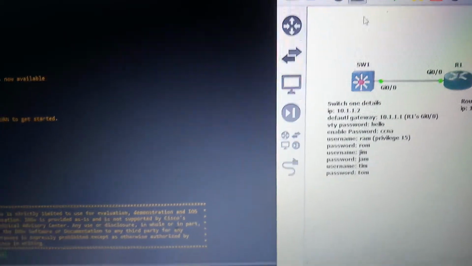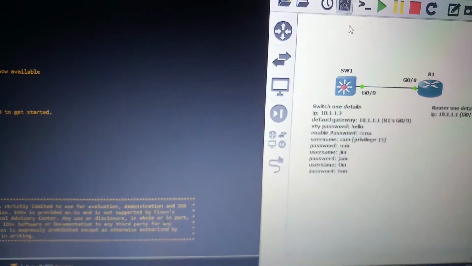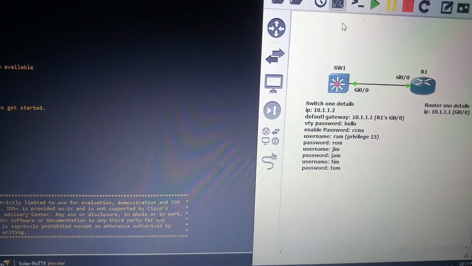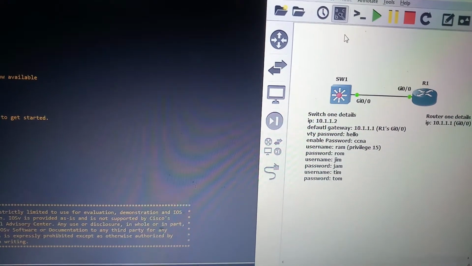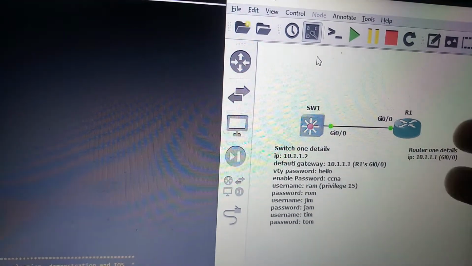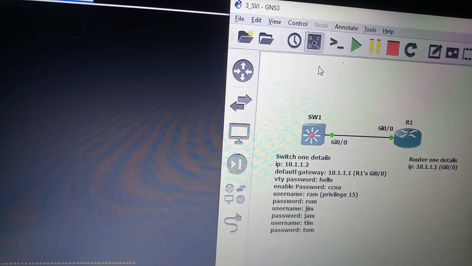Hello everyone. This is a quick update video on the topic auto negotiation. In this video I will solve a problem related to auto negotiation. I made a simple topology by connecting one switch to a router. It is for the learning purpose of switch virtual interface, like telnet and others.